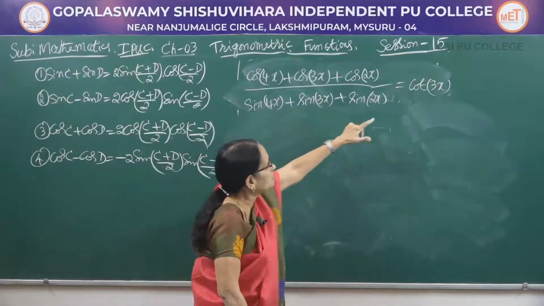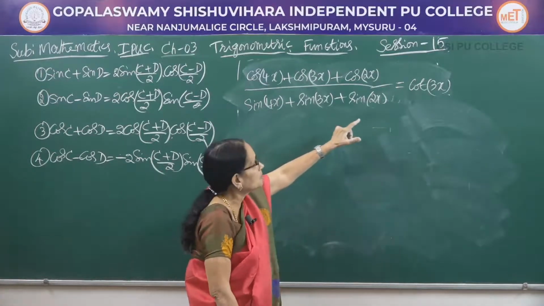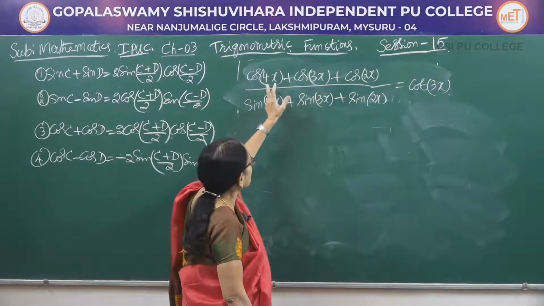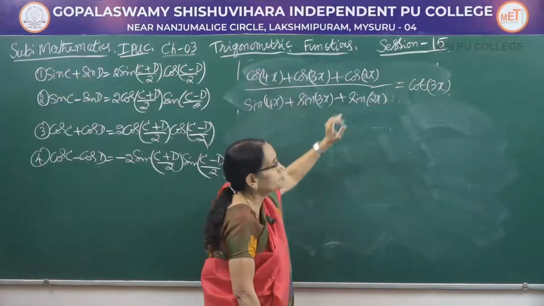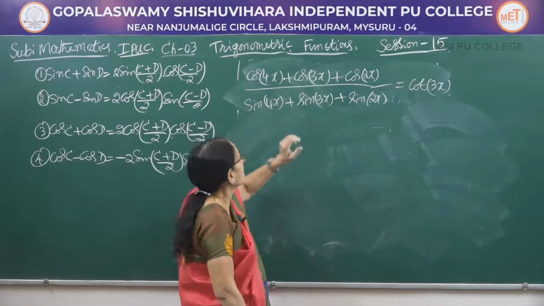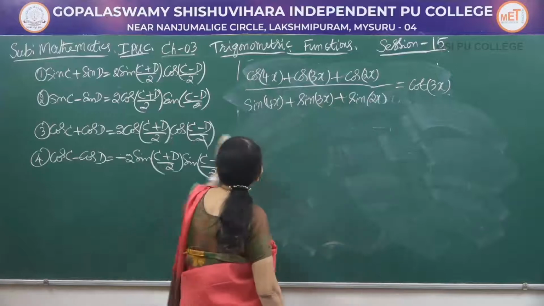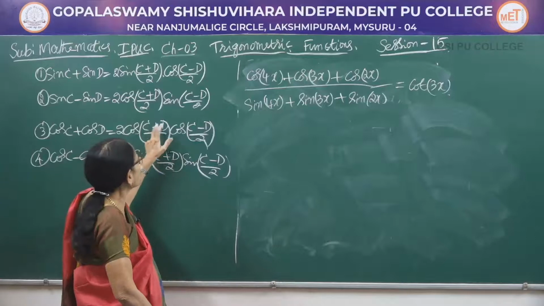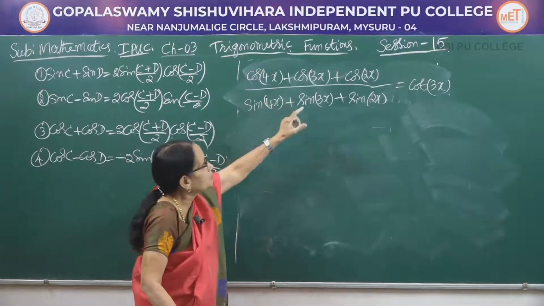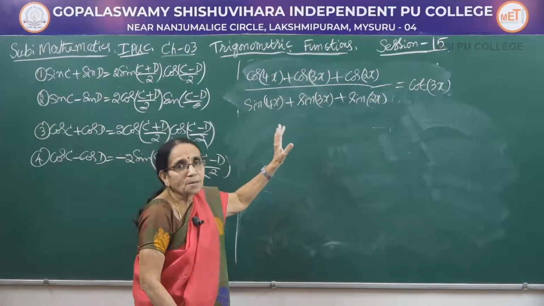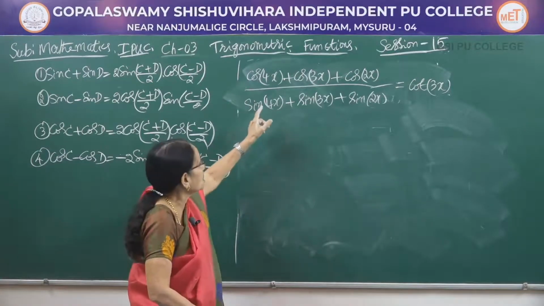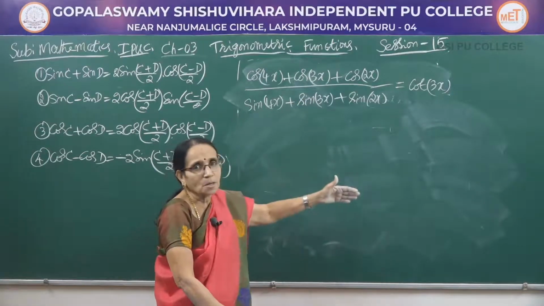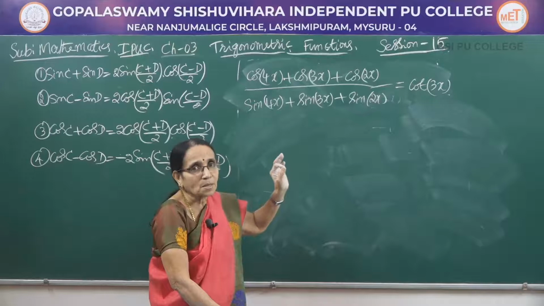See, look here, the right hand side gives you a hint. I told you, we need cos of 3x from the numerator. The term is already present. And look at the other terms, cos 4x plus cos 2x. Suppose you combine them, it is cos c plus cos d formula. When you apply that formula, what do you get here? 2 times cos of c plus d by 2, 4x plus 2x divided by 2, 6x by 2, that will become 3x. Cos of 3x is already there, which can be taken out as a common factor. That need not be done, you have to do these calculations mentally.